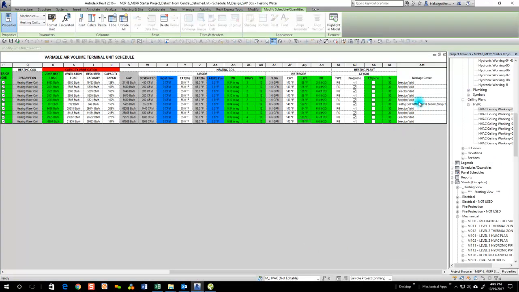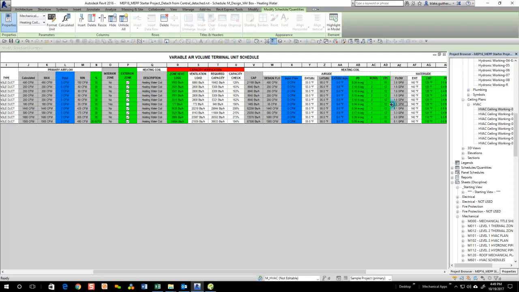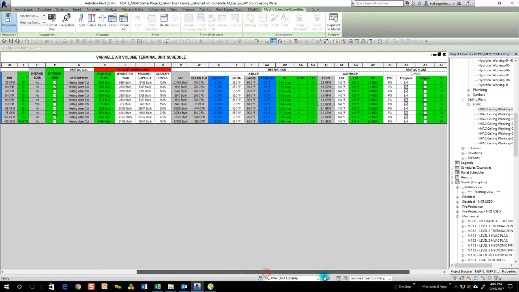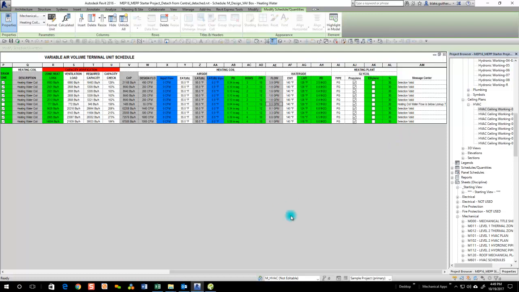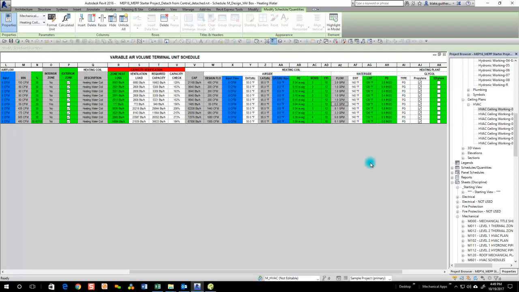So there is a VAV box here that has a message center piece of information: heating coil water flow is below lookup table minimum. So right now our minimum flow for these VAV boxes is 0.5. So right here, apparently that's below. However, this is an interior zone, and I'm not too concerned about being below the minimum flow conditions, which is probably dated literature. So I'm going to leave that as it is right now. And going back to the plan,